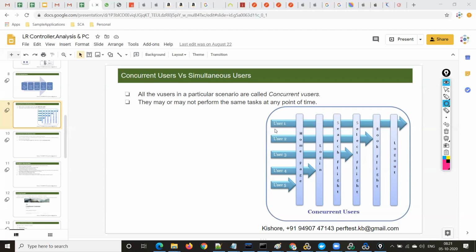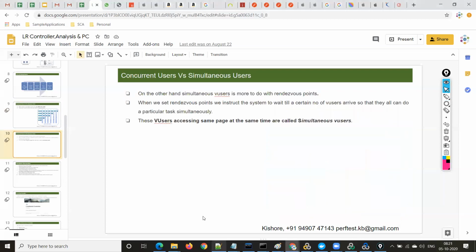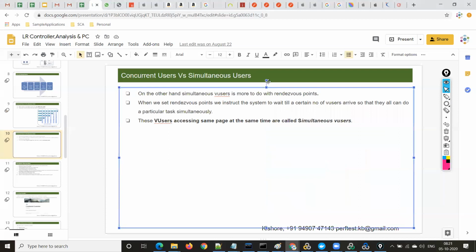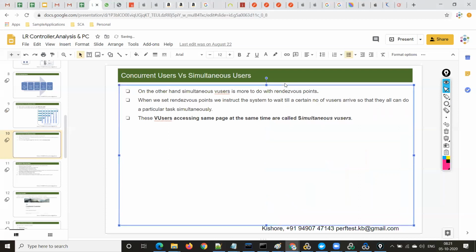Now let's understand what is a simultaneous user. Observe this.